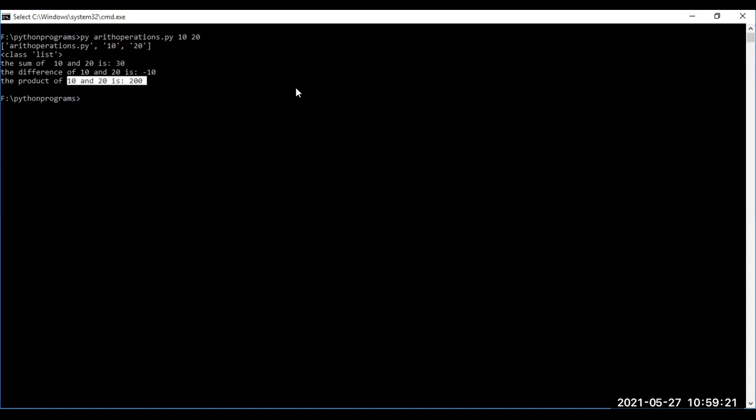Command line arguments is an example which we can discuss under input statements. It's one concept using which we can read inputs from the end user dynamically. The moment you issue the command, at that instance itself, we are providing the inputs. To read such inputs from the command line, we go with the concept of command line arguments. It is one approach to read inputs from the user, just like how we read inputs with the help of the input function.